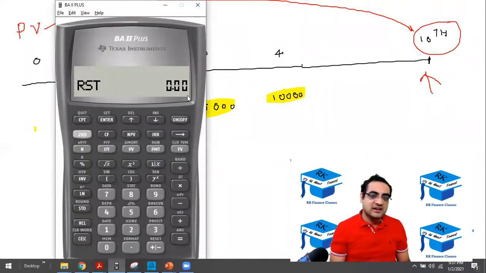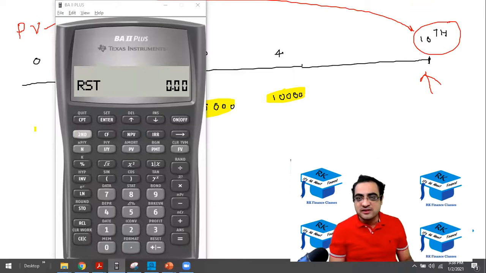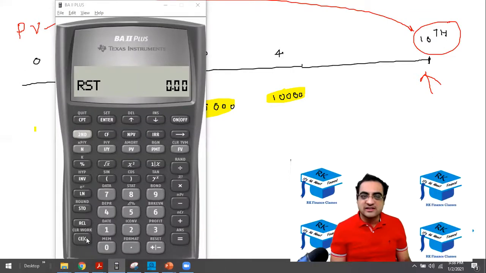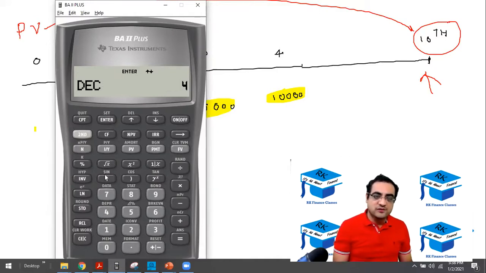And then I'm getting RST equal to 0. This is what Saptarshi, you are getting, this RST 0 always in the middle. Yes. Okay, so just change the batteries, then you will be able to get it properly. I'm getting 2 decimals now, so I'll have to convert that to 4 decimals. For that, I will be doing second dot 4 enter. I repeat, second dot 4 enter, and then press on off.